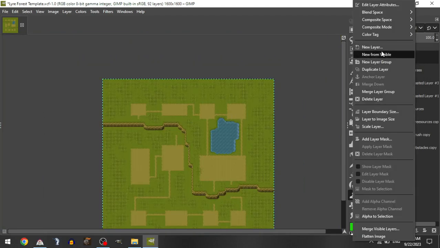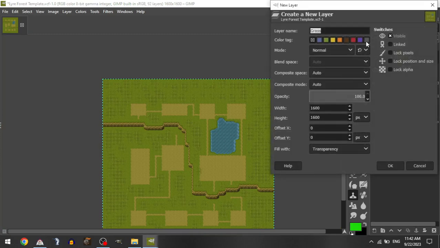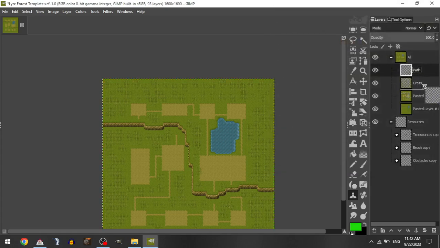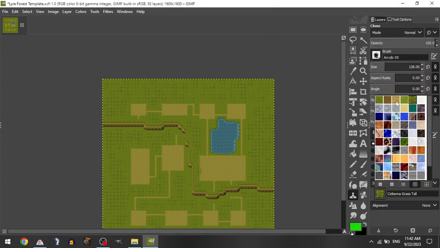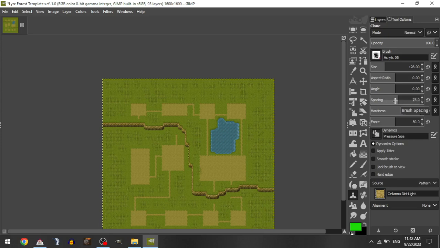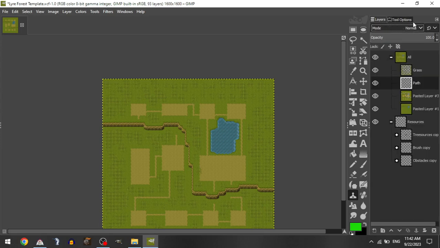The next thing we're going to do, we're going to create another layer, and it's going to be the same settings as the grass layer, so we don't need to change anything except for the name. We're going to call it path. We're going to set that below the grass. We're going to go back to our clone tool, and this time we're going to choose a dirt source. And for this, if you really wanted to, you could actually just go back to this, set the opacity up to 100,